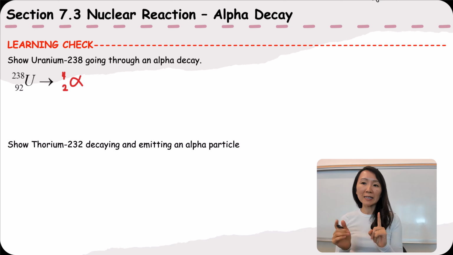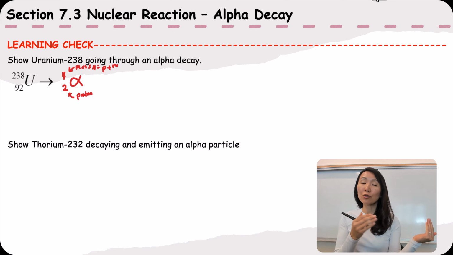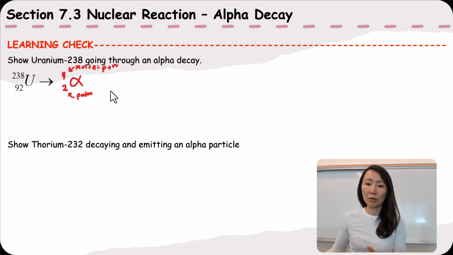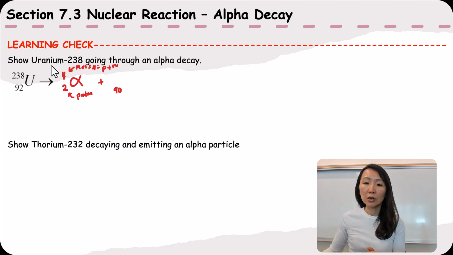The 4 is the mass number, so it is the number of the proton plus the neutron. This 2 represents the number of the protons. So what this is saying is, hey, 2 protons are coming out. What that means is that 92 will go down to 90. That means on the top, 4 has been taken out from that 238, so it should be